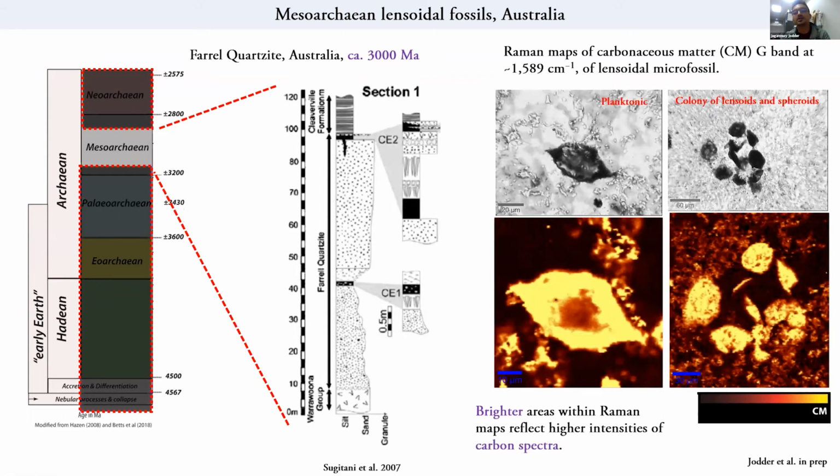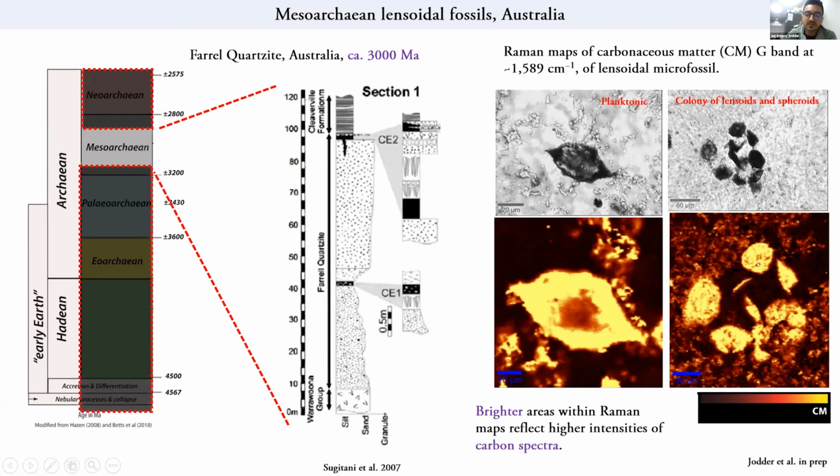They are possibly lensoidal microbes, shown here at the topmost part of this photomicrograph, which is also shown at the bottom part of this slide, where we have a Raman spectroscopic image. The Raman image exactly shows how the carbon is distributed in this structure. The bright yellow fringes represent the carbonaceous material, whereas the darker fringes mostly represent the silica. So this is one lensoidal spheroid, solitary, but then again you have a colony of lensoids and spheroids together forming ellipsoids, forming a globular pattern.